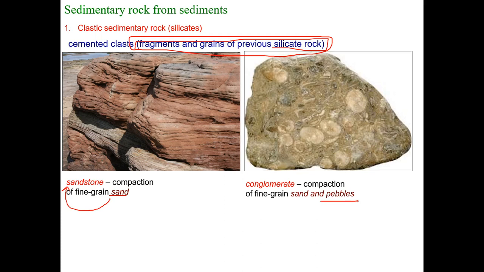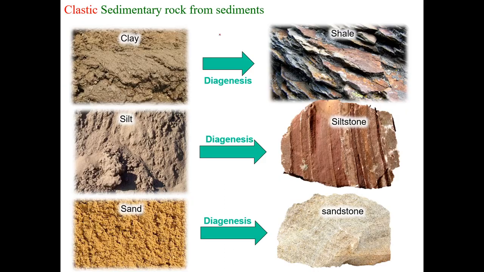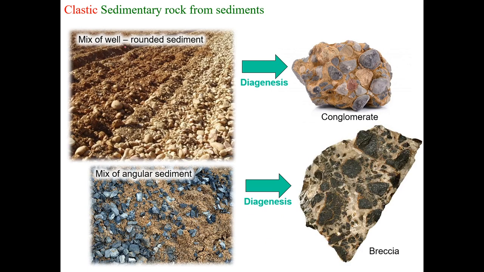Sometimes when you have pebbles, cobbles, or boulders lithified together, usually some sand or maybe clay comes in and fills in the middle, and you get a rock called conglomerate. So conglomerate is made of these large cobbles cemented all together with sand and clay in the middle of them. Clay or mud, when it undergoes diagenesis, becomes shale. Silt becomes siltstone. Sand becomes sandstone. A mix of different kinds of sediment,